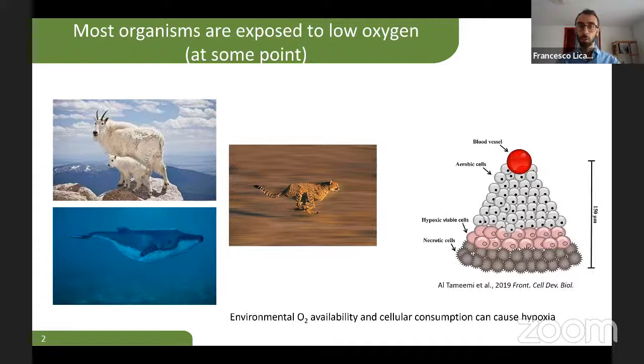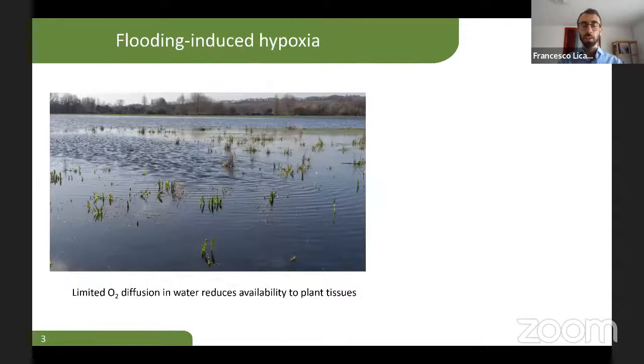Further, it's quite relevant also for human biology and animal biology in general, because solid tumors are typically associated with hypoxia due to limited supply of oxygen to actively proliferating cells. So it is very relevant for us to understand how cells sense this molecule. And for plants, this is not much different, to be honest. Plants also suffer from hypoxia when oxygen supply is insufficient for their oxygen consumption by plant cells.